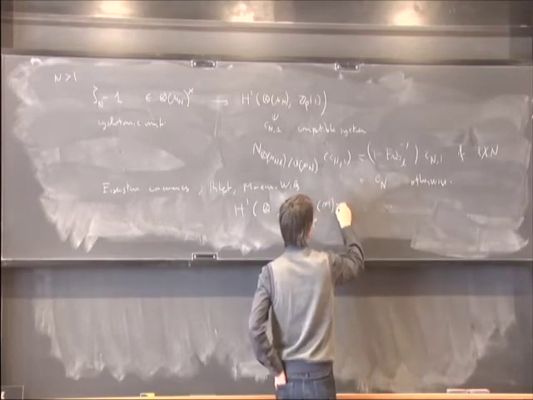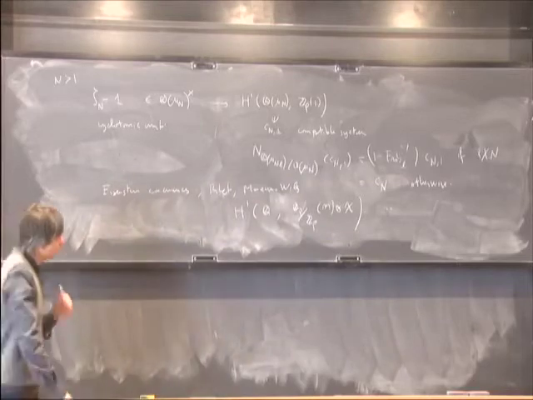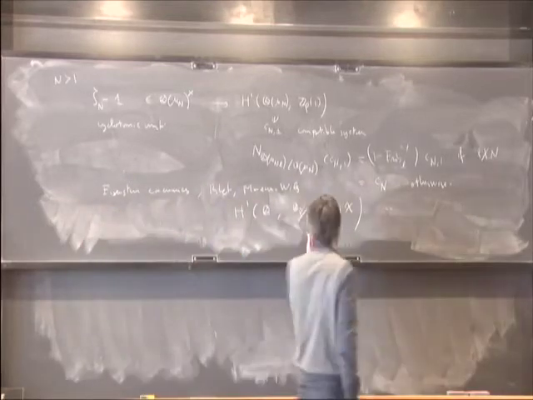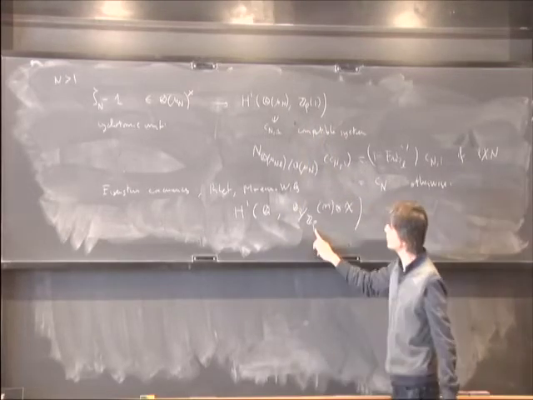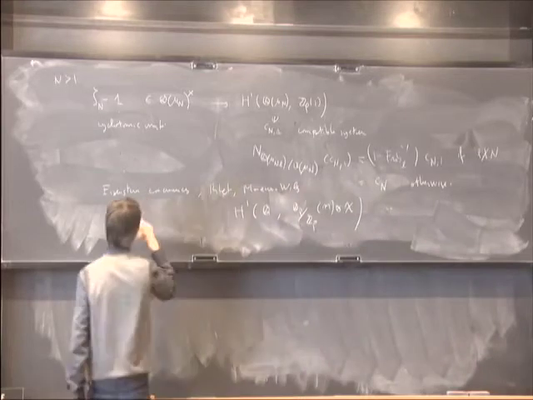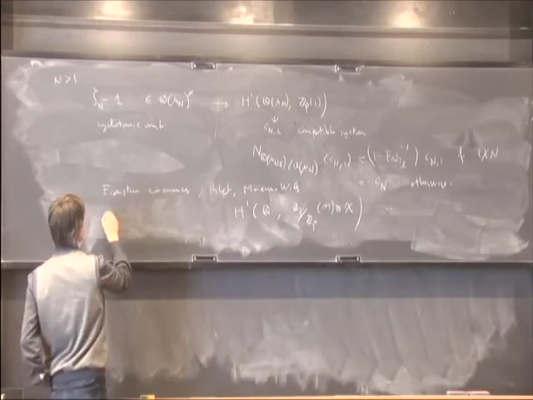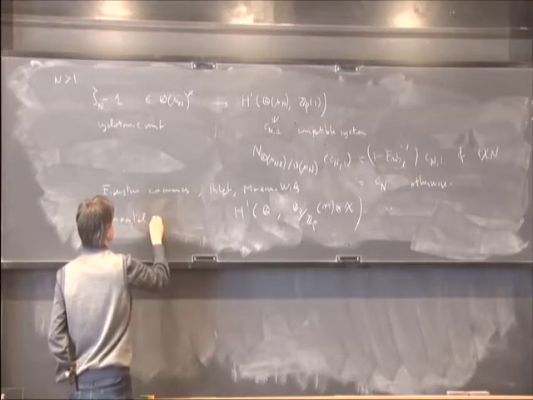And you can also twist by some finite order Dirichlet character chi. So here we see that we have classes which are not torsion classes, and here we have torsion classes. Those congruences are what we can call horizontal congruences,